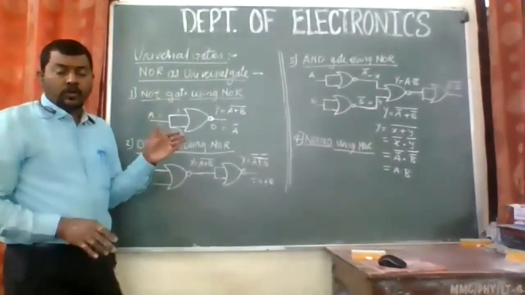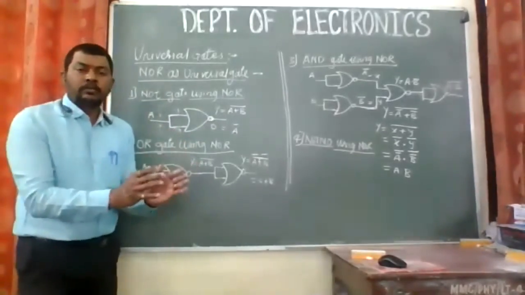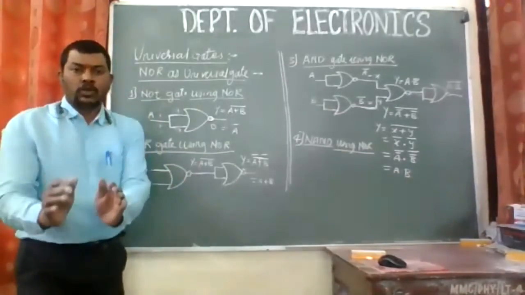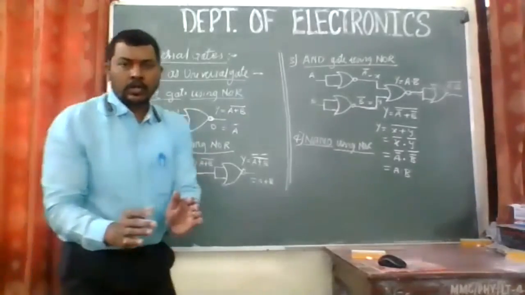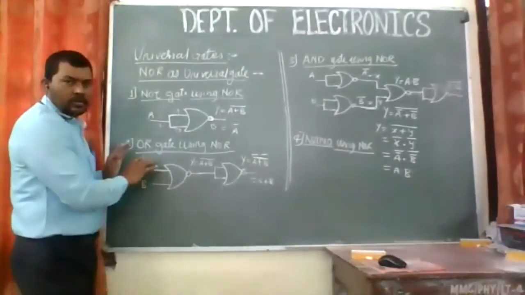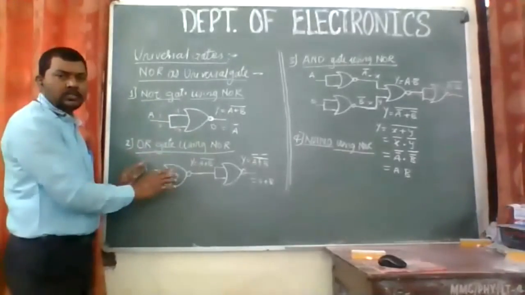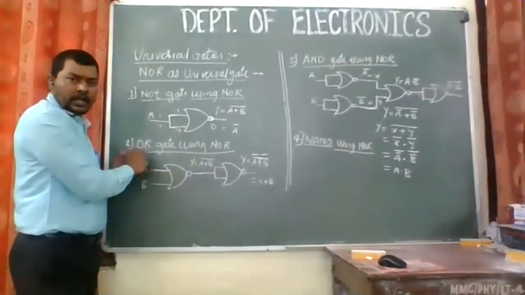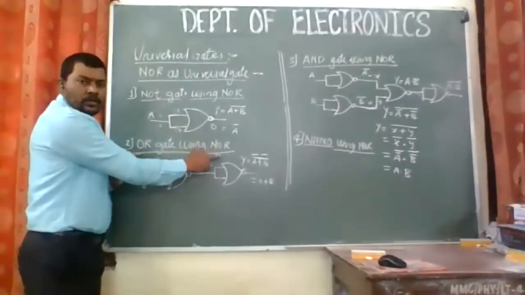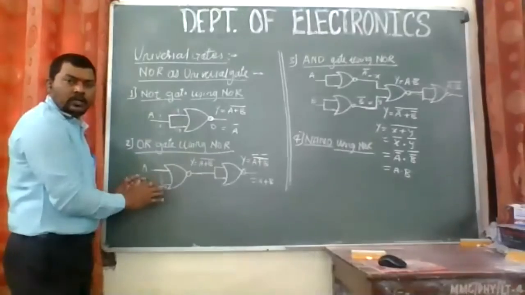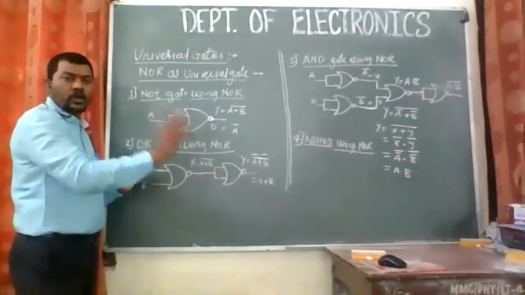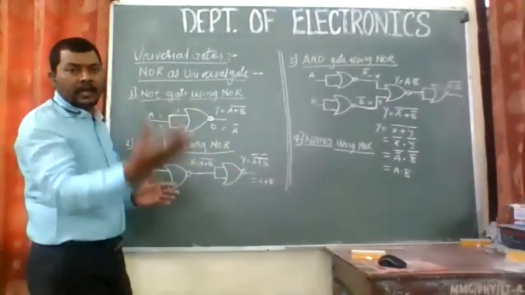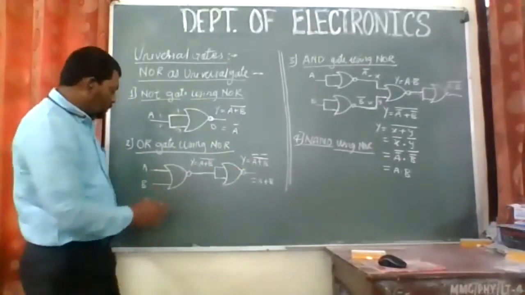Similarly, OR gate, you can make this OR gate as you have made NOR gate. So NOR gate was made by using OR plus NOT, right? Okay, screen is not clear, right? So I guess just remember this. When you come for the practicals, I will show you again, right? So this is OR gate. I'm just mentioning it. OR gate using NOR. So what you have done in NOR gate, you have just connected a NOT gate in front of OR. If you put another NOT gate in front of that, you will get back the OR gate.